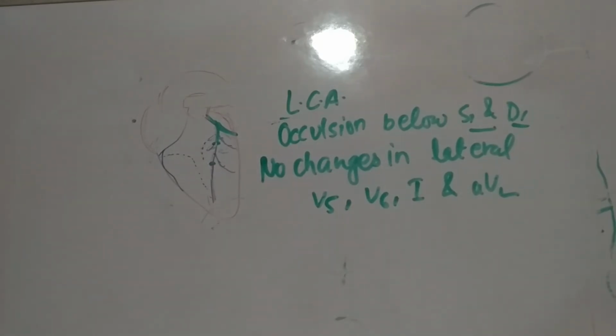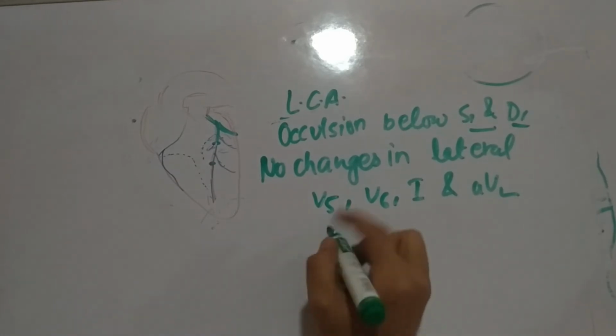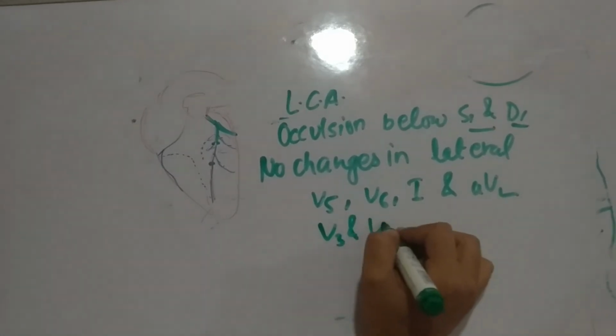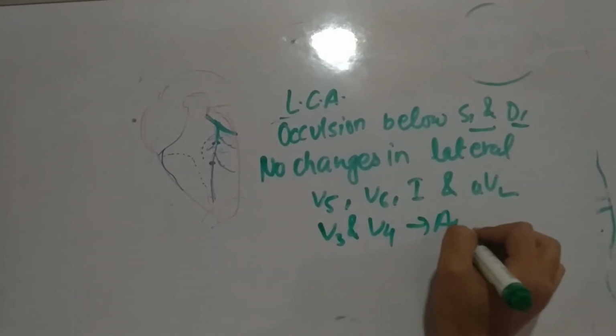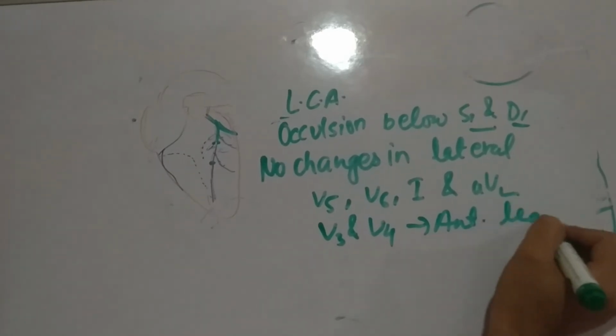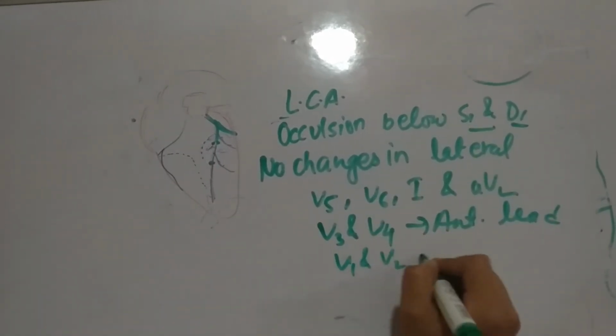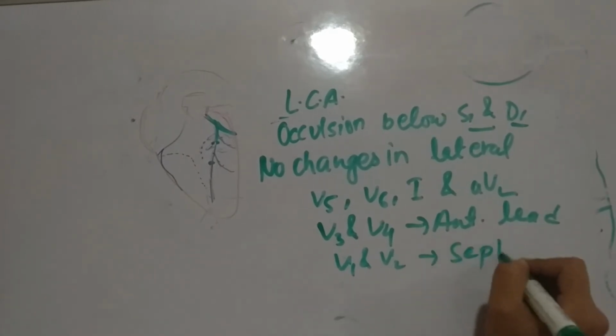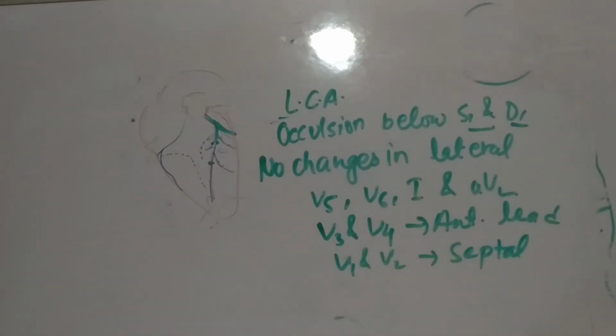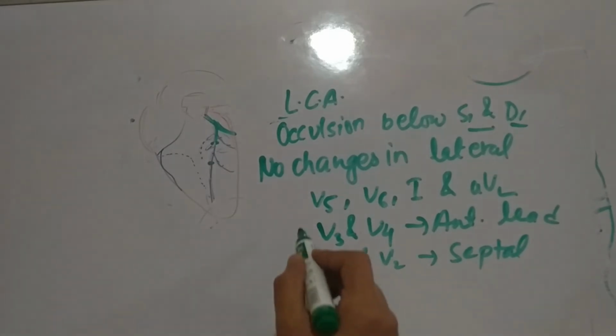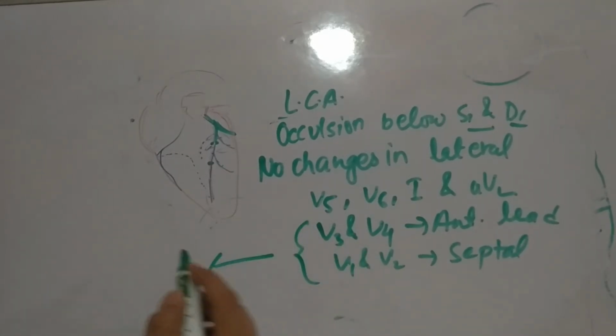Then what will be the changes? The changes will be seen mostly in V3 and V4. Why? Because they are the anterior leads. They are the anterior leads. And if there is S2 blockage, then V1 and V2, of course, because the septum will be involved. So what are the changes seen? In these cases, you will be seeing,